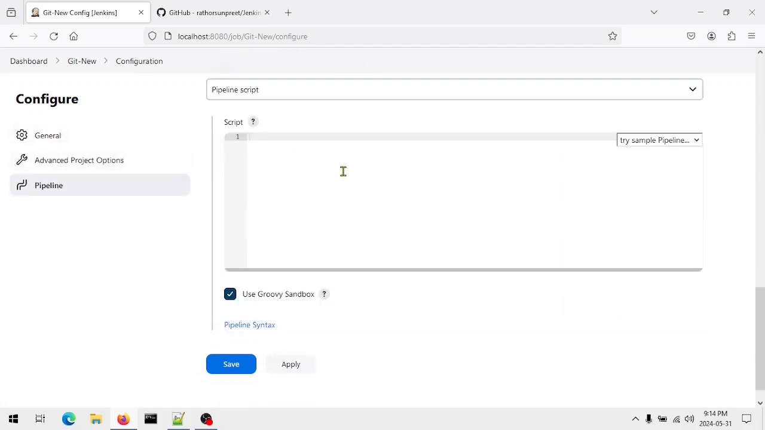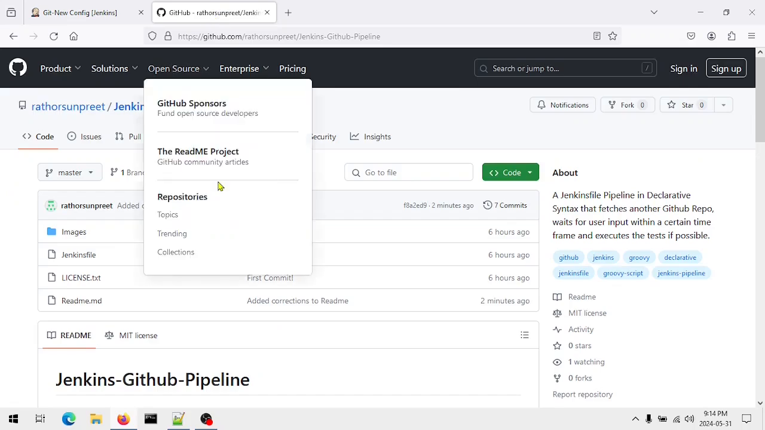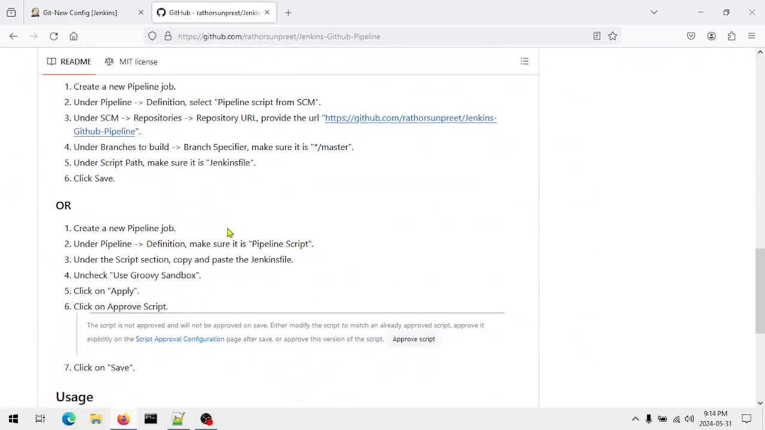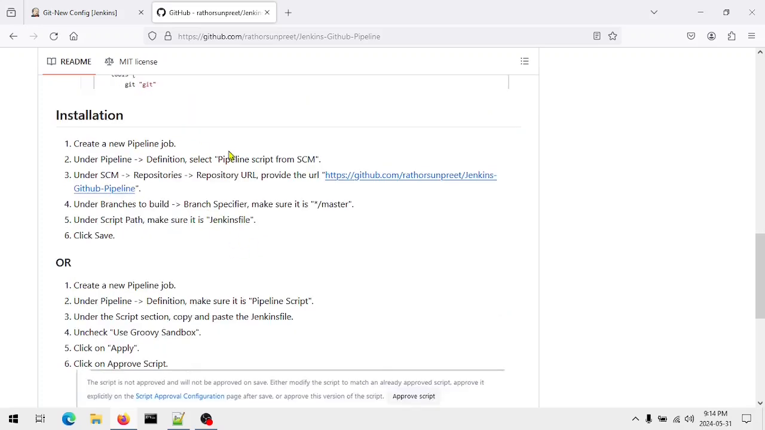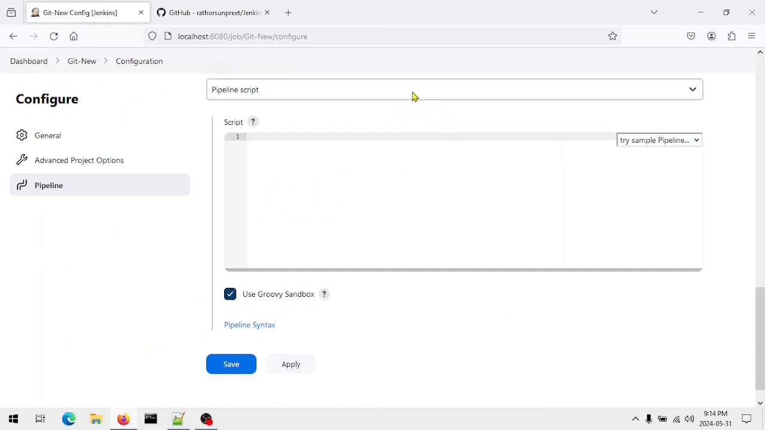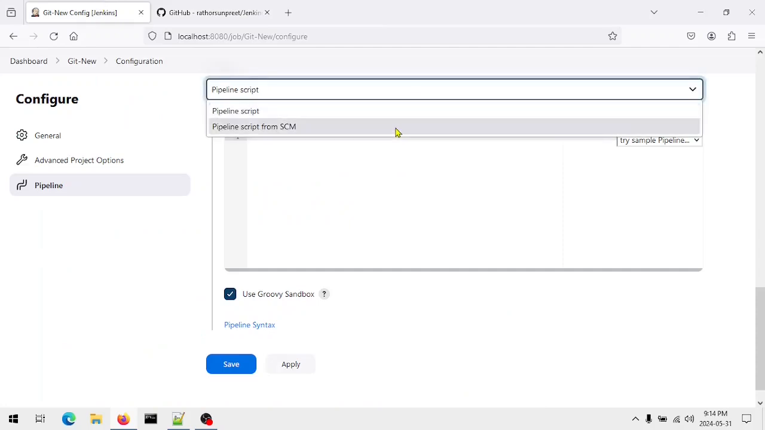Now, there are two ways you can run this project. One is pipeline script, and I've mentioned it here both. So you can copy and paste the Jenkinsfile and then manually set it up. And the second is, well, directly take it from GitHub, and Jenkins allows that. So if you're going to do that, pipeline script from SCM,